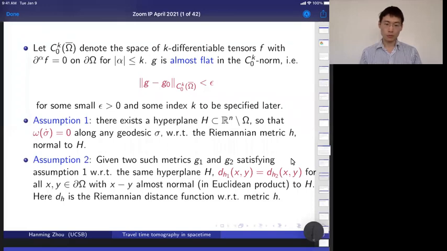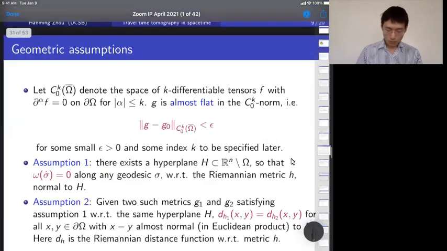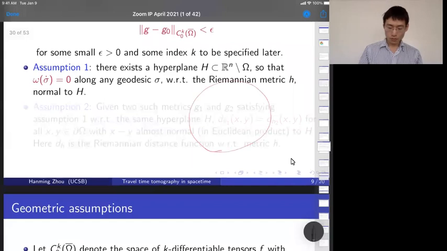So for all such pairs of points, we require that the Riemannian distance of these points for these two h1, h2 should be the same. If you draw this in a picture, assume this is a projection onto this Rn of this space-time, and you have some hyperplane here,